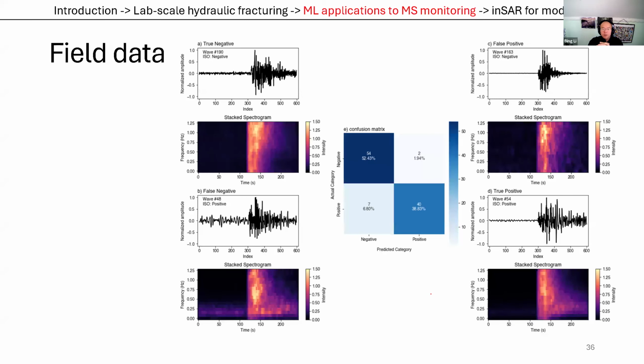When we come to this field data, again, these are mining data that the model has never previously seen before, we get a similar trend: the compactive events have this very short duration, impulse-type energy right at the beginning, whereas these dilative events have this longer coda after the first arrival. So that's two applications of machine learning to this kind of data set that we've been exploring. Finally, I want to talk about